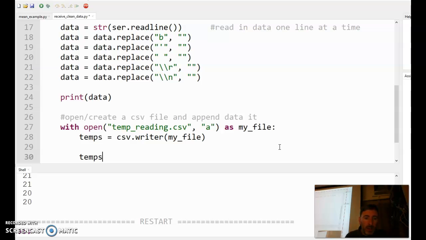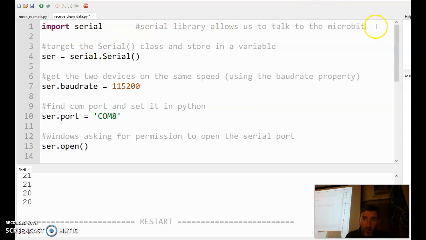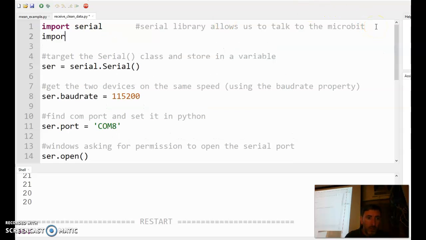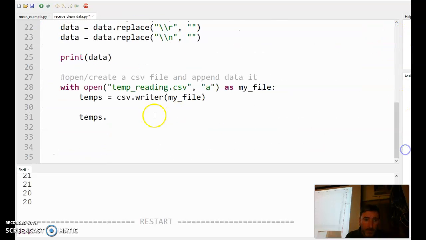So we're going to say temps dot, because we've now targeted this file object, and we're using the CSV module here, and at the top I need to import csv, otherwise I won't be able to access the stuff in this CSV library. So temps.writerow,